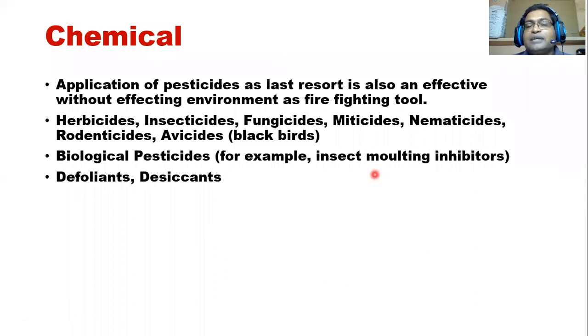Two other terms are eradication and control. Eradication means complete wipe out of a pest. Complete wipe out of a pest is needed if you are producing planting material for export or for selling. You have to use eradication techniques in your nursery beds because planting material should be free from pests. At that time you can use it, or if an introduced pest is causing economic damage, you have to go for eradication.